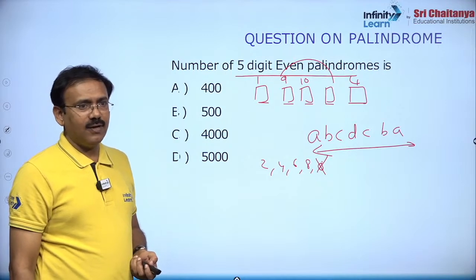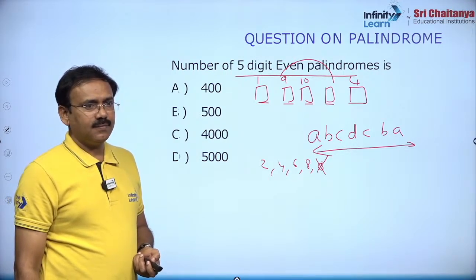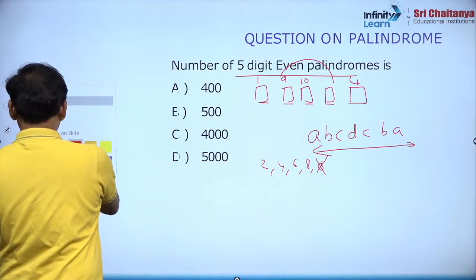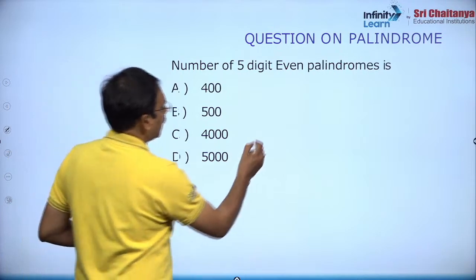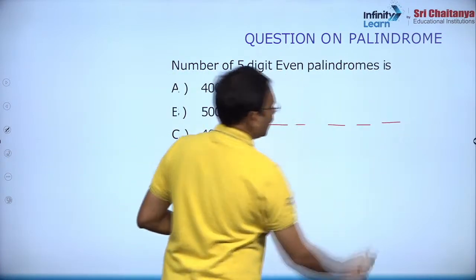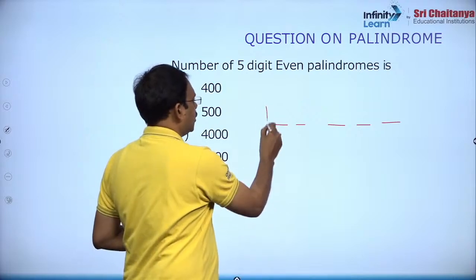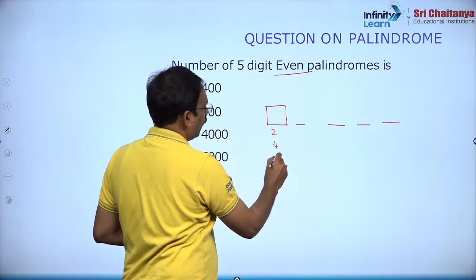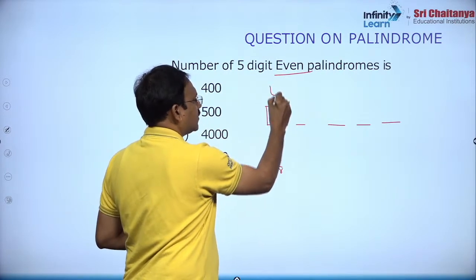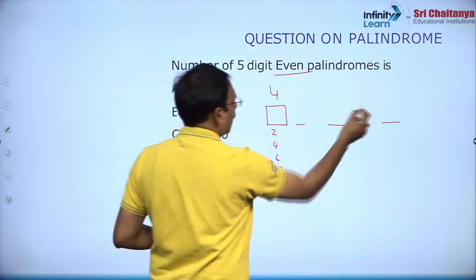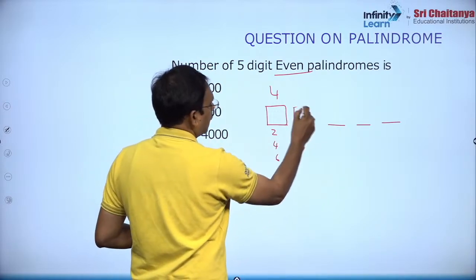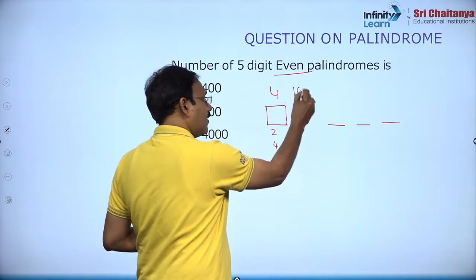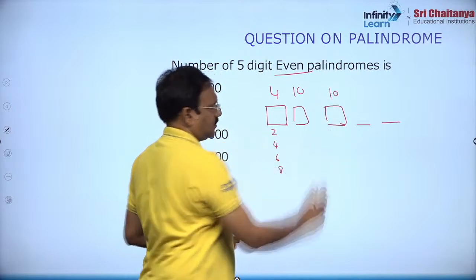ये देखिए नंबर ऑफ 5 डिजिट इवन पैलिंड्रोम्स, इसे कैसा फिल करना है, ये देखिए 5 डिजिट इवन पैलिंड्रोम माने 5 डिजिट नंबर लिखते हैं। यहाँ पे बिना 0 हमें इवन चाहिए, सो यहाँ पे 2 और 4 और 6 और 8, 4 वेज फिल कर सकते हैं। सो सेम यहाँ पे कॉपी कर सकते हैं। इसके बाद यहाँ का डिजिट हम एक्चुअली किसी भी डिजिट लिख सकते हैं, 10 वेज, ये भी 10 वेज एक्चुअली।